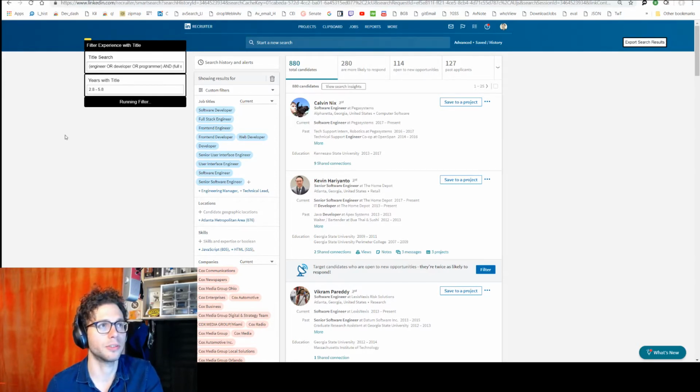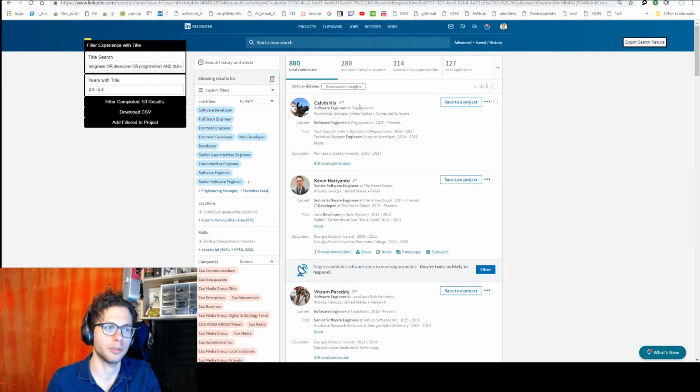And then once this filter is complete, you can do a couple things. You can add everybody in the search results to a project, all at once. Just click the button, send it over. Or you can download them as a CSV, essentially the same thing this does, but with a filter on it. If there's interest, let me know, and I can add an option to add all of the search results without a filter to a project. But I don't really have that need, so I haven't put it in there.